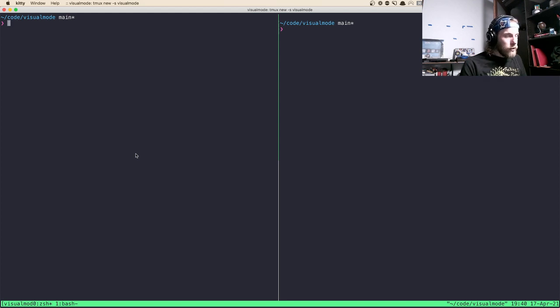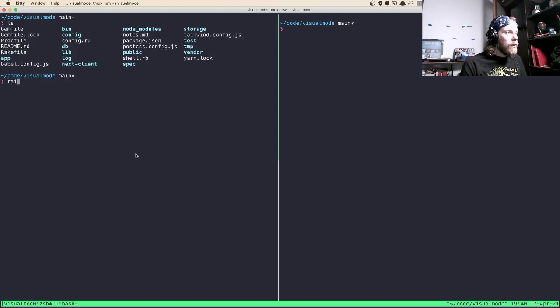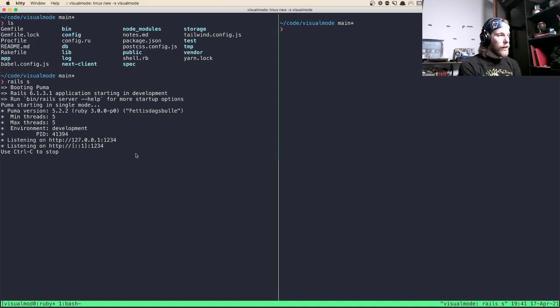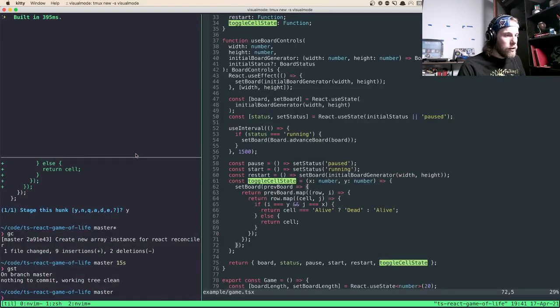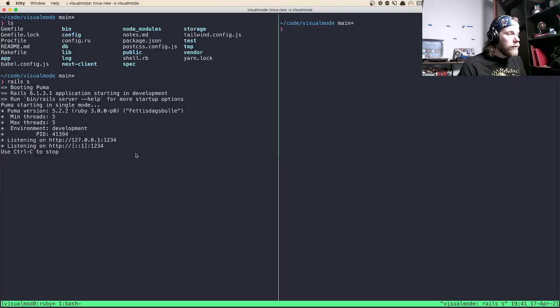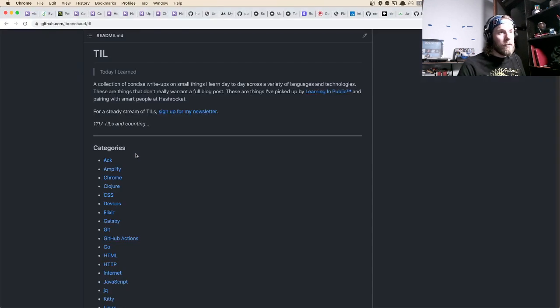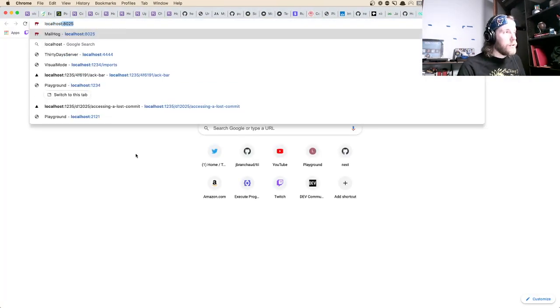Yeah, so this is the Rails side of things. So I guess I can maybe get that going. Rails. What port is that going to run on? 1234. So that's going to, I think, clash with this other server that I have running. I have to kill that one. So cool, 1234, I've got that running, and if I open it up,